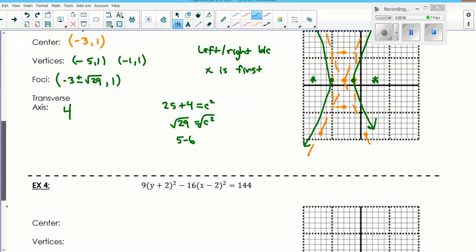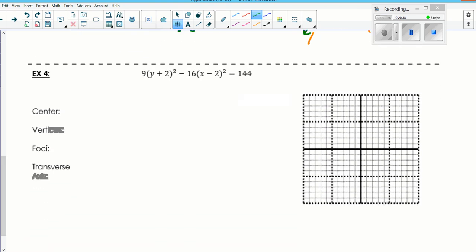Alright, last one. At this point, you could probably try this one on your own. You should be able to do it. I can help you get started. You just need to make sure that you divide by 144. You got to be set equal to 1. So if I divide by 144,